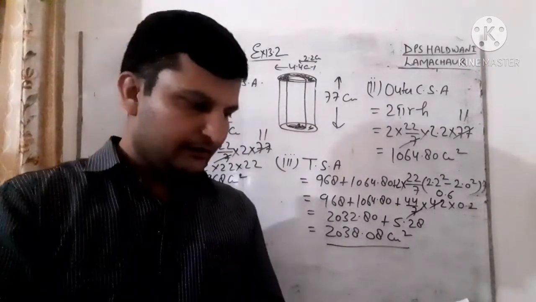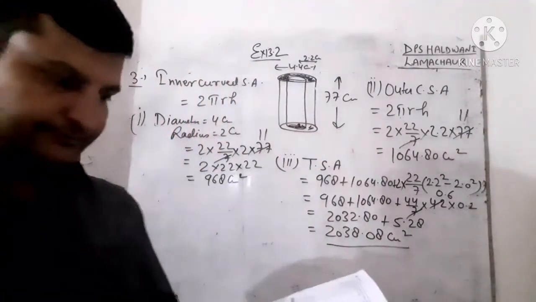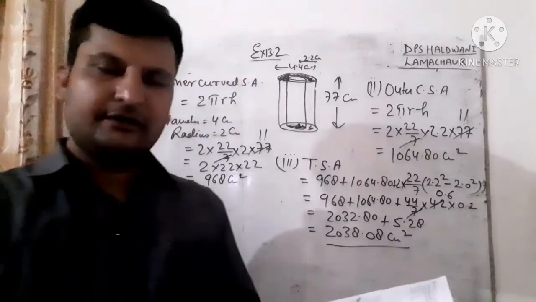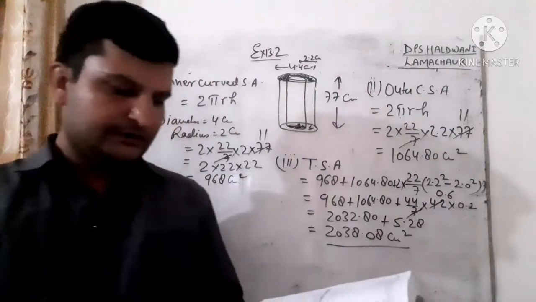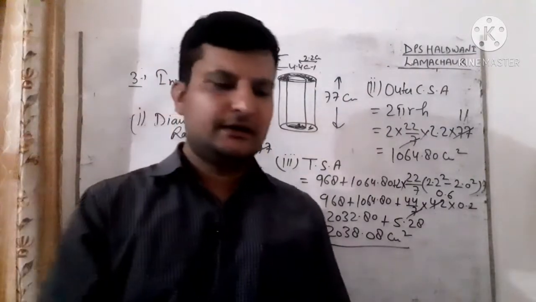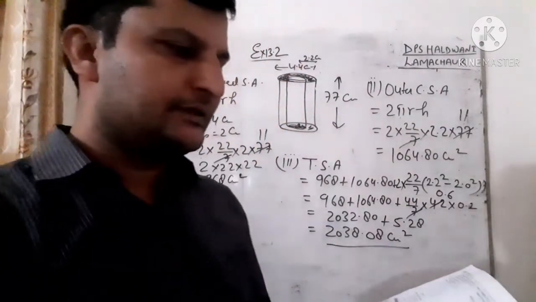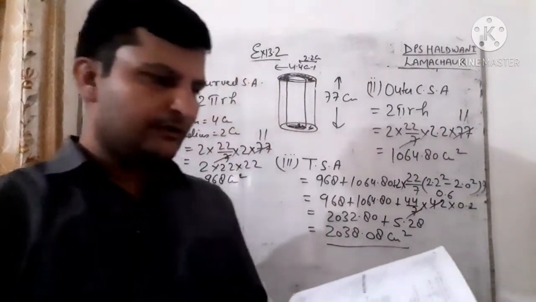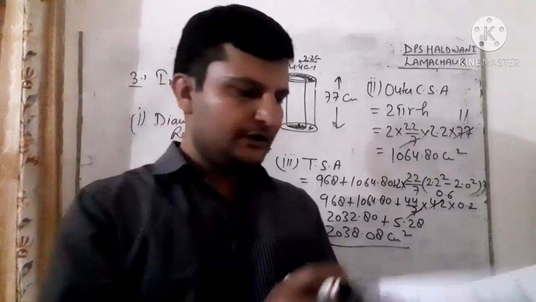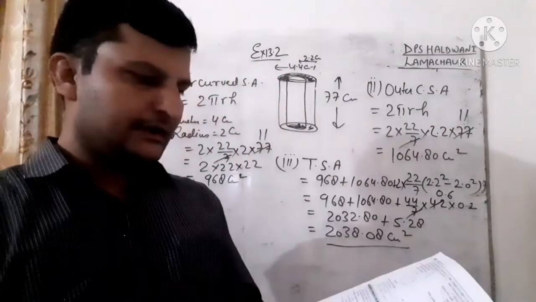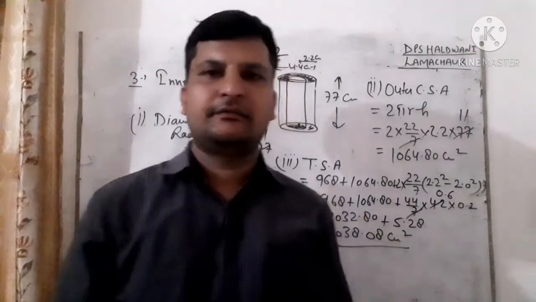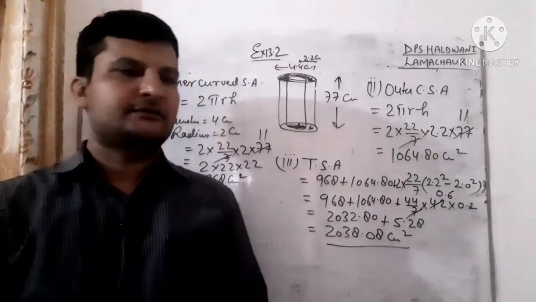And question number 4 is the same as this. Roller is given and it takes 500 complete revolutions. So you have to find the CSA and then multiply it by 500. Similarly, in the fifth question, you can do it. A pillar is given there, a cylindrical pillar. So students, question number 4, 5 and 6, you can do it yourself, and then in the next video I will start from the 7th question, and then we can solve the next questions also.